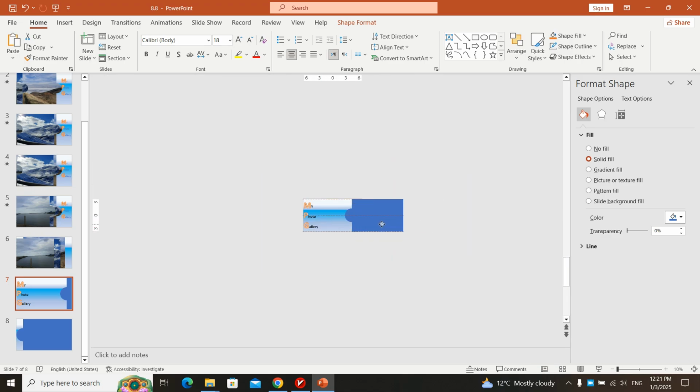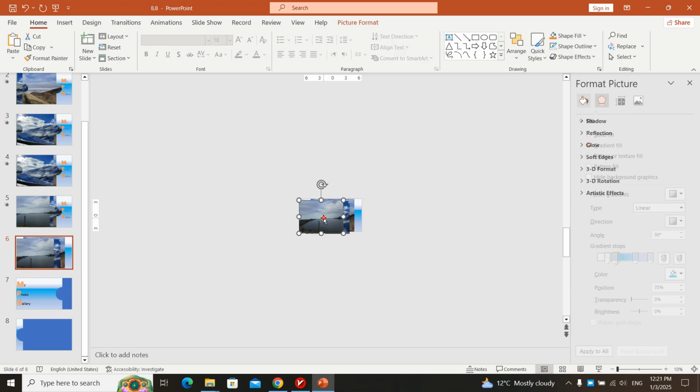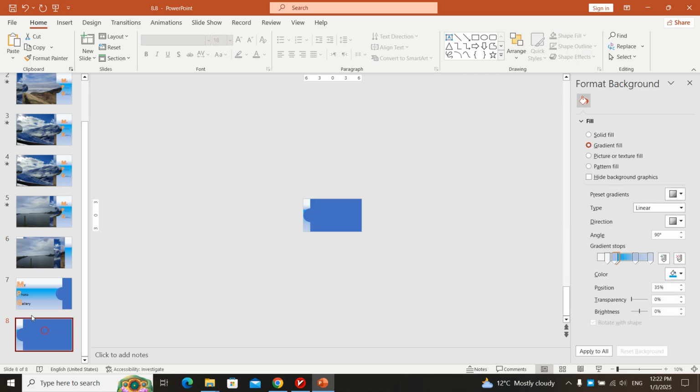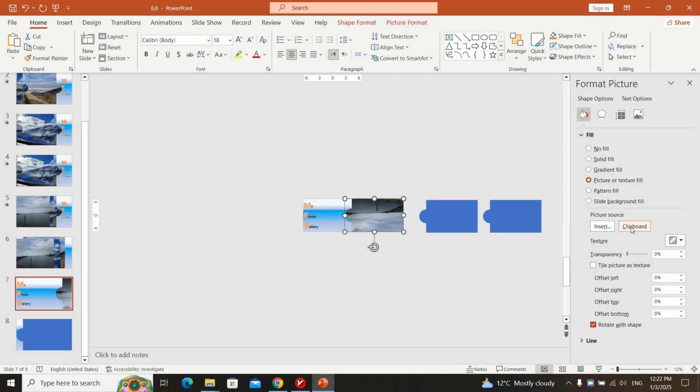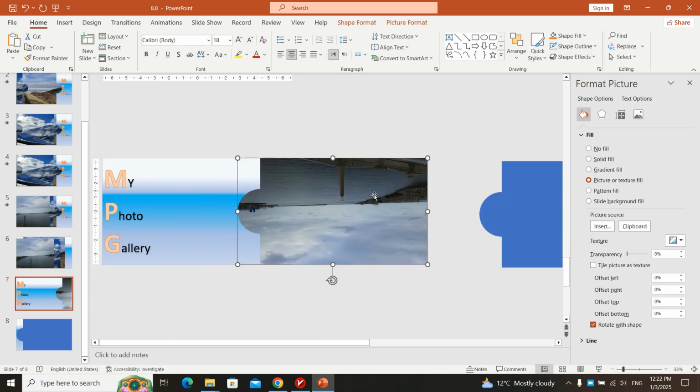Let's make this here. Make another copy and another copy. How to give them a picture? It's easy. We just copy that picture, come here, and go to picture or texture, clipboard. But we have a problem. What is the problem? The picture is rotated. How can we fix it? We just